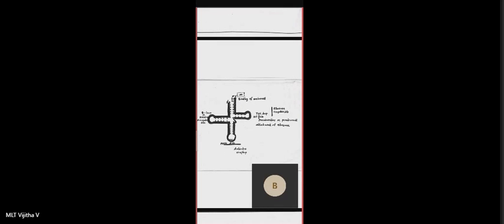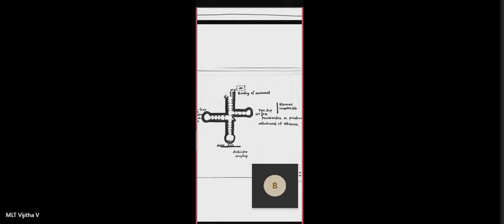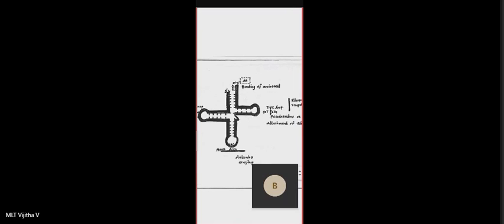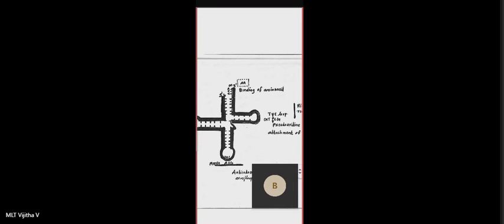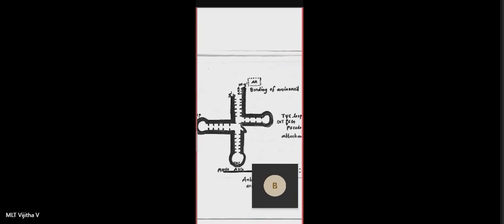Now, looking at the structure of this RNA, it has 3 arms and loops. There is a small projection, which is considered a vestige. This is the third arm or loop, and this is the other end. So there are 2 ends, and that is why I say it is single-stranded. This is the 5 prime, and this is the 3 prime. Here hydrogen bonds are formed, and because of this bonding between the bases in the same strand, the shape is folded.